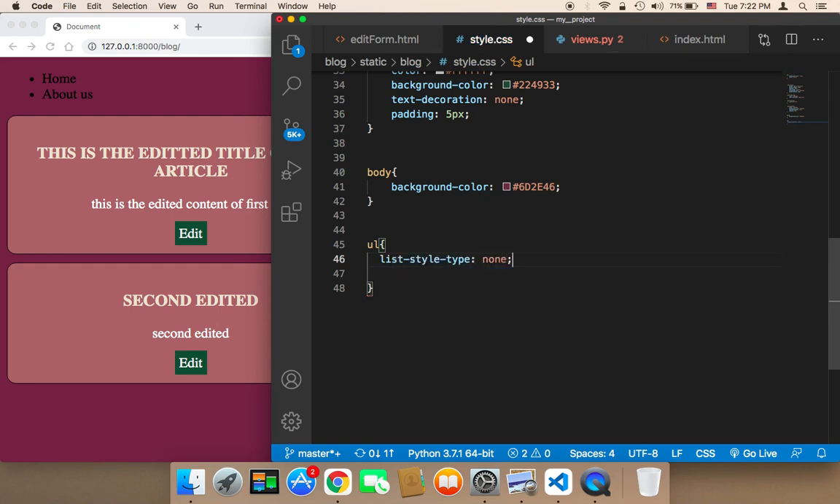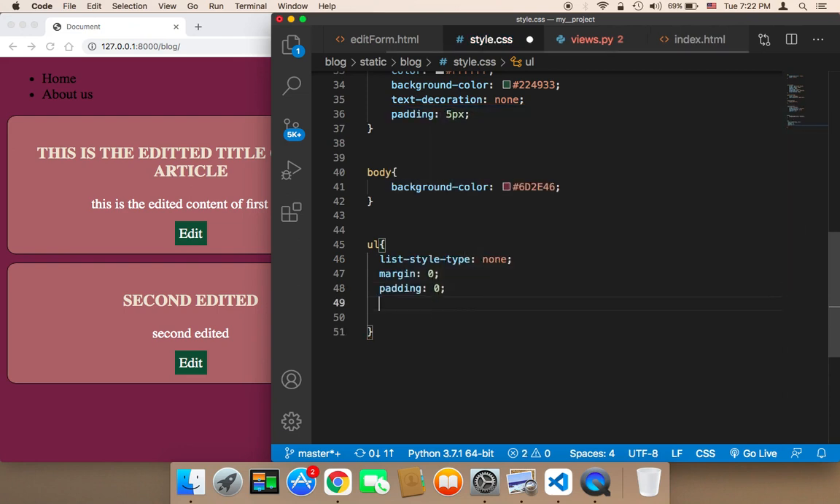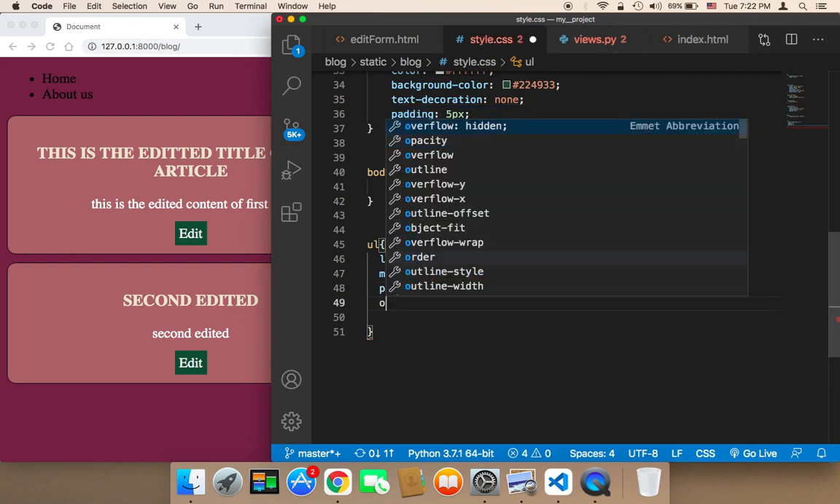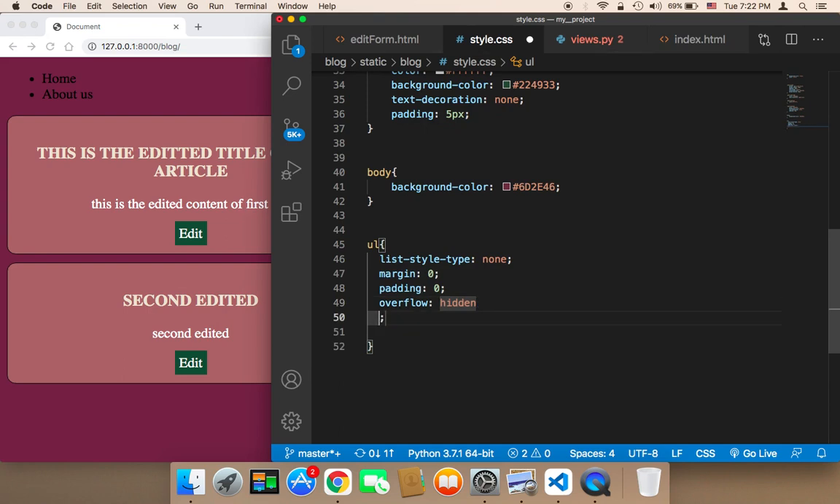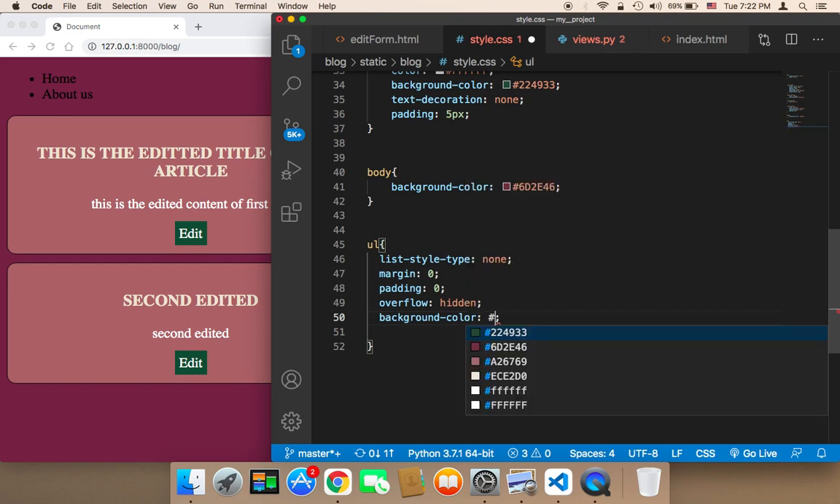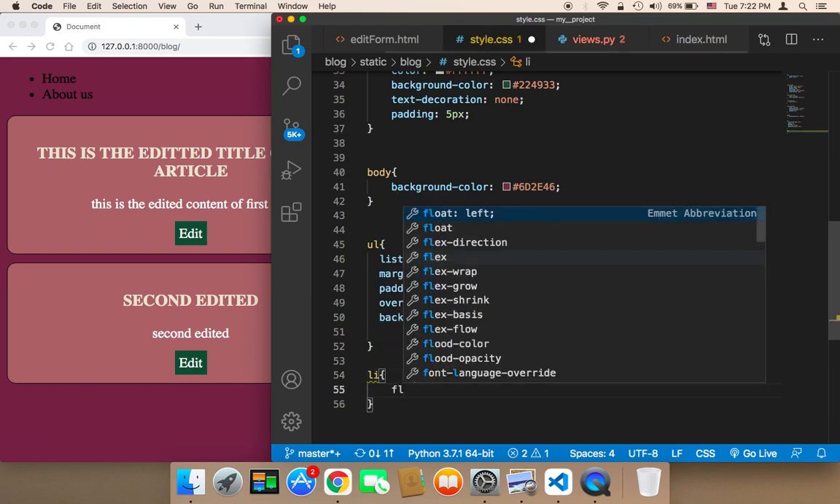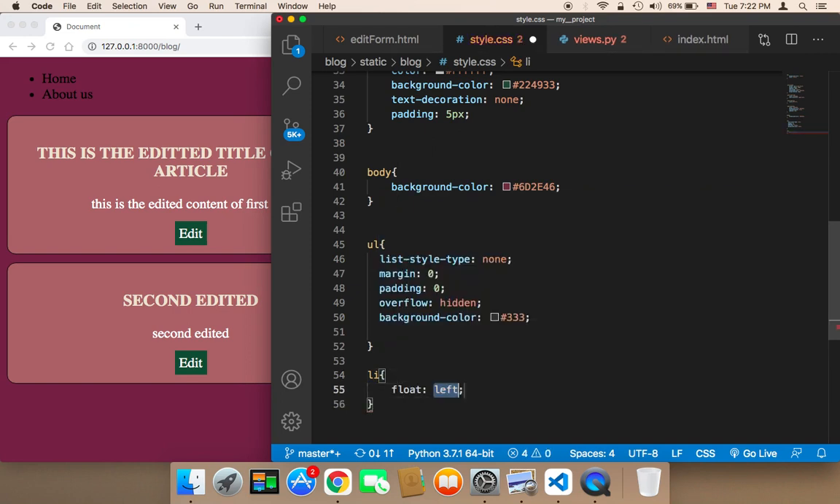And for the margin, I'm going to remove the margins. I'm going to say margin 0. And the padding is going to also be 0. And the overflow is going to be hidden. And finally, I'm going to change the background color. Background. So the background color, let's use the black color. For the LI, I'm going to change the float to be float left, so that they get displayed